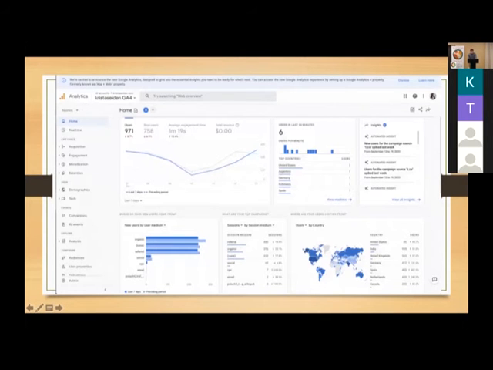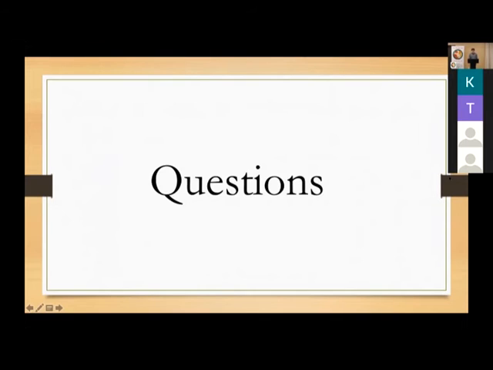And then here's just an example of Google Analytics. As you can see, it shows how many people were on your website in the last week. You can look at the last month, the last year. You can literally look at anything pertaining to your website and what people are doing on your website, which can help immensely with making your website better.